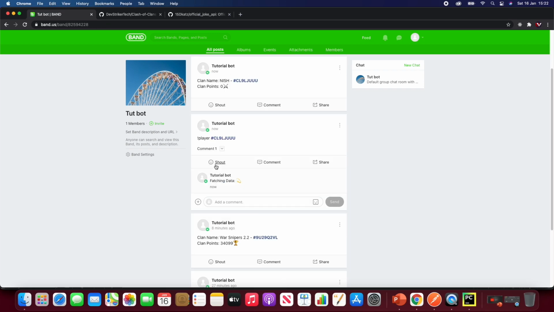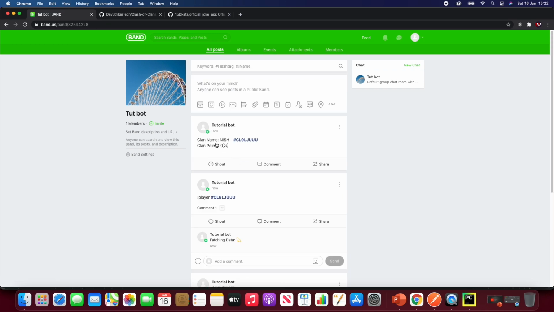So you can see the player and the tag, and it's got some verification, and then over here the information that we have requested of that player and the tag and the clan points, which is like basically 0 at the moment. Looks like this person haven't fought much. Anyway,